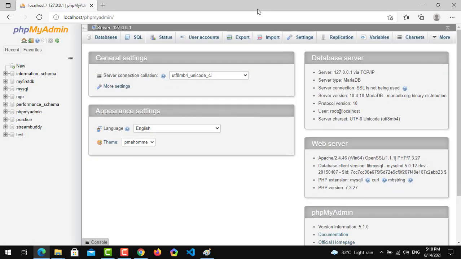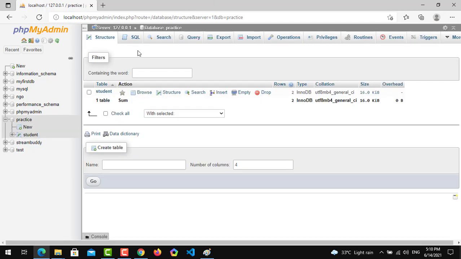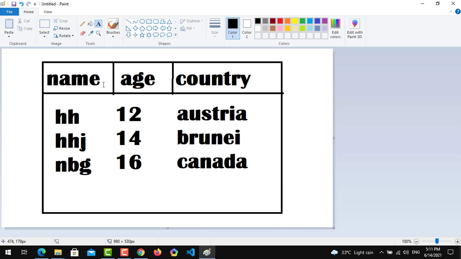Our database was practice, and in this database we are going to create the table that we created graphically using Paint, and we will assign the properties the same way. So we have to create a new table. You already know that the id column is compulsory and the rest are optional.